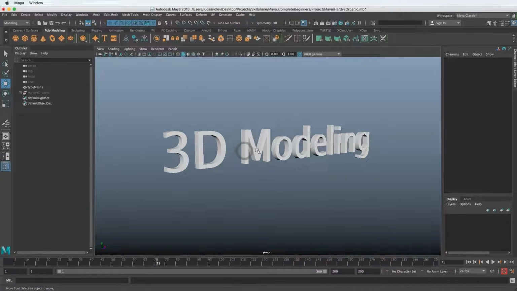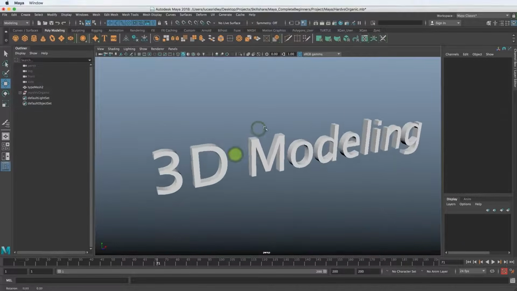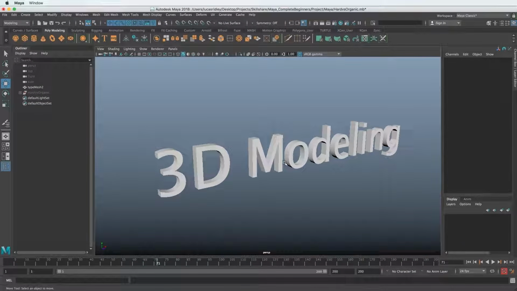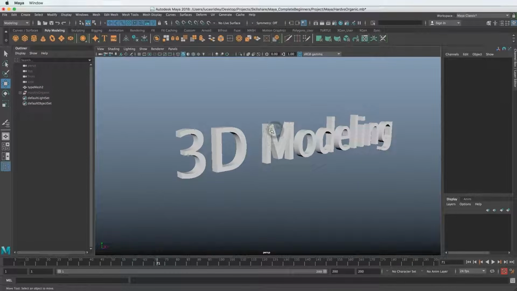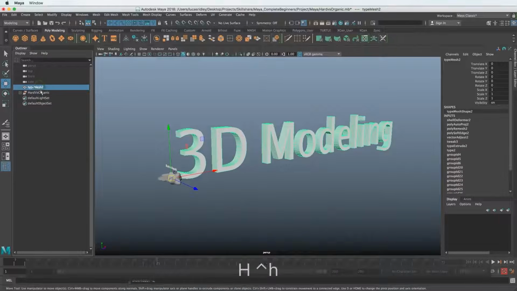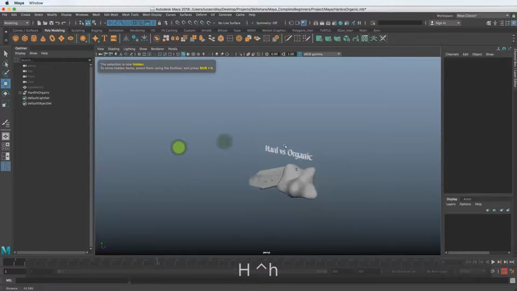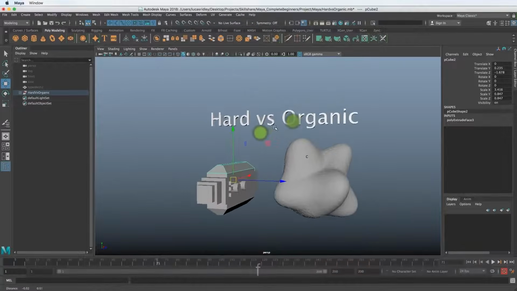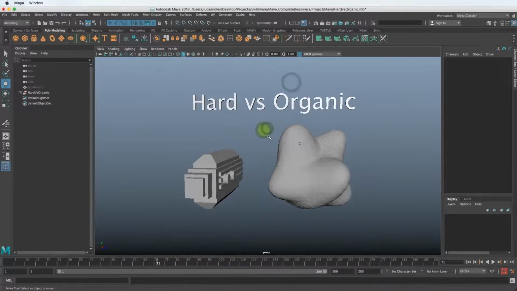So let's take a look at an example that I've created. All of these scene files that I'm working in are available to you for download. So this one might not be that useful because it's pretty basic, but it's going to be made available to you to download so you can follow along or open it up and dissect it and see what is inside. So I'm going to show you an example that I made real quick so we can cover two important concepts: hard versus organic modeling. So when I first describe this, you can probably already guess what it means, especially by looking at these two examples.